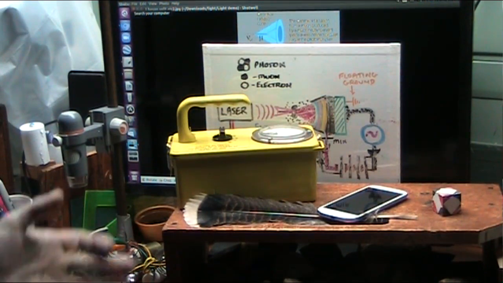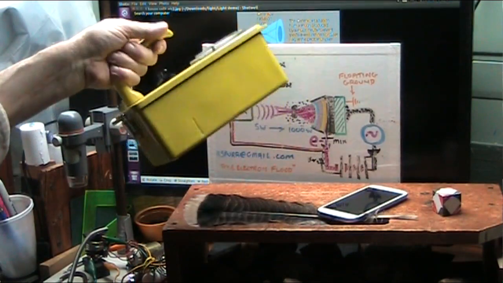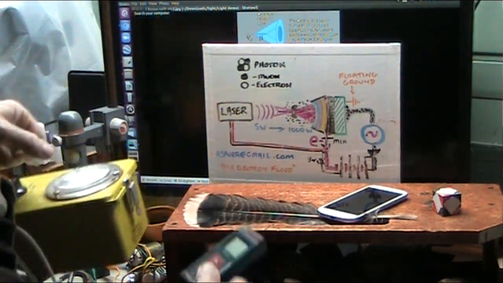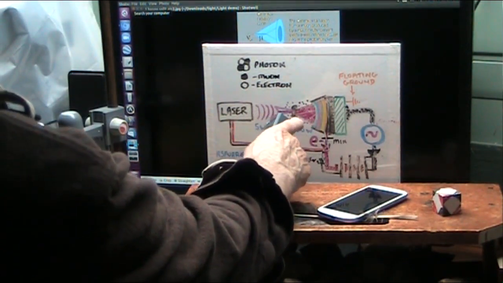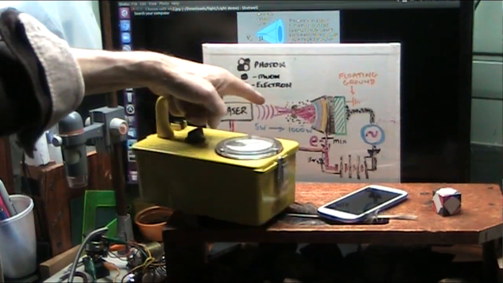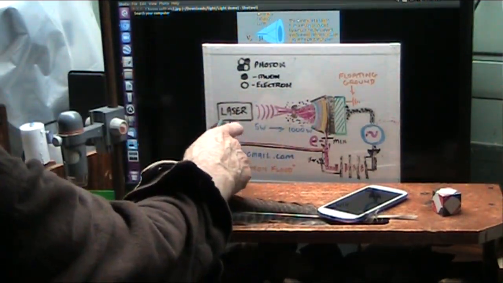Now, so we got to get away from the standard model, and I showed you we're going to go to electron flood theory. But seriously, I'm not kidding you. With this increase of power, this is all raw electrons. That's just an absolutely staggering amount of energy that we should be able to create. It's 200 times the input.